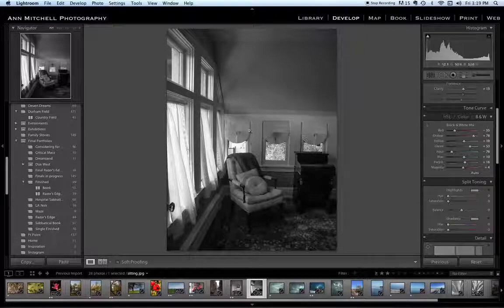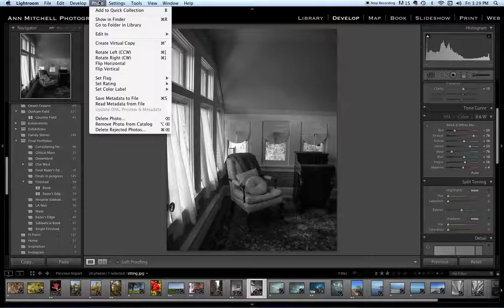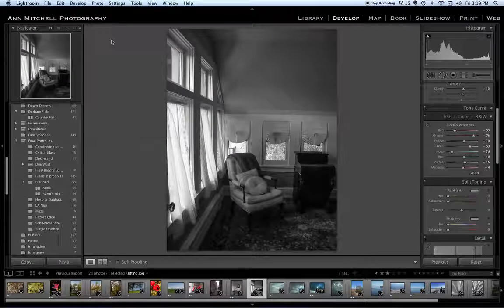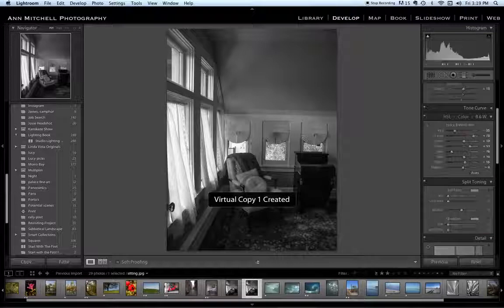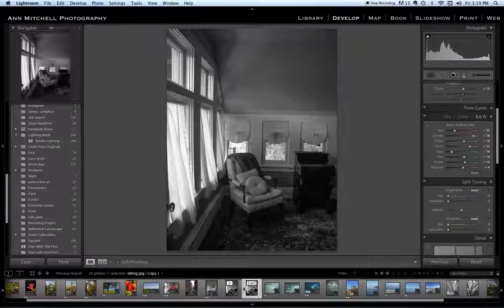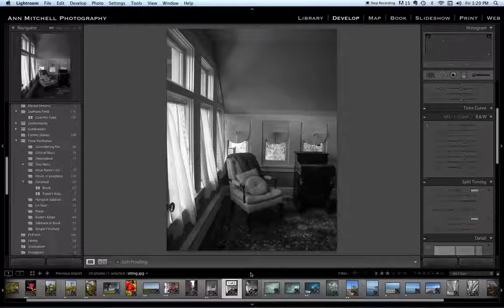Also, let's say you want to do a couple versions of an image. Simply go up to Photo, Create Virtual Copy, and you'll get a second image. I don't know if you can see down in the film strip area, it has almost like a little turned page quality, and that indicates that it is the virtual copy.